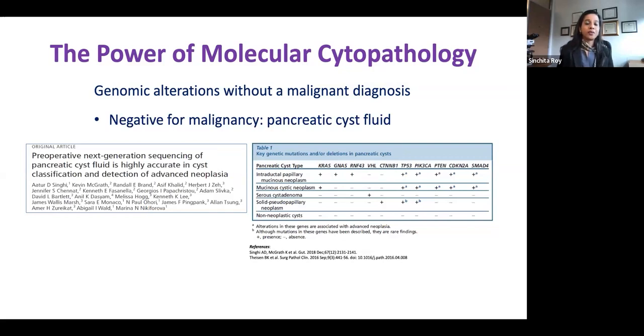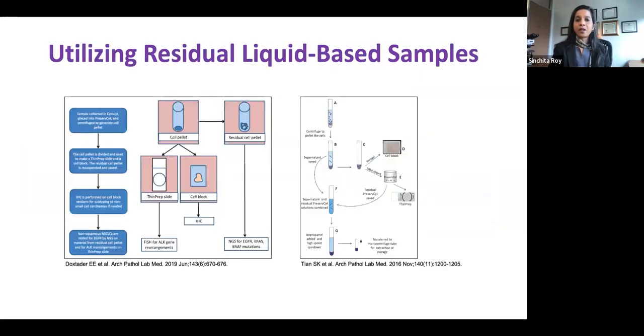Pancreatic cyst fluids are a good example of that, where oftentimes the cytology diagnosis for an IPMN or any mucinous neoplasm, we don't see any tumor, it's signed out as negative, but we are able to use the residual cyst fluid to look for different mutations and then classify these cysts into whether they have a higher chance of neoplasia, and also whether we think it's a non-neoplastic cyst, a serous cystadenoma, a mucinous neoplasm or an IPMN. So that's the power of molecular cytology.